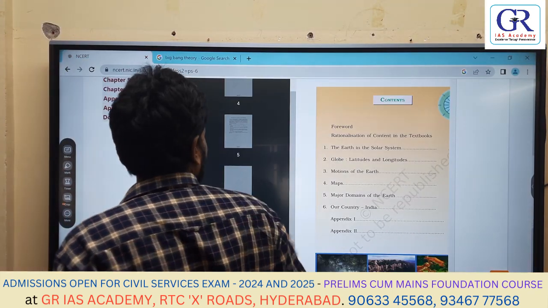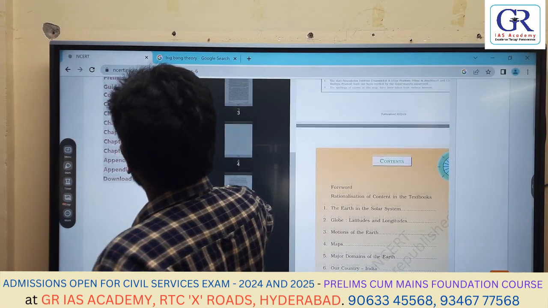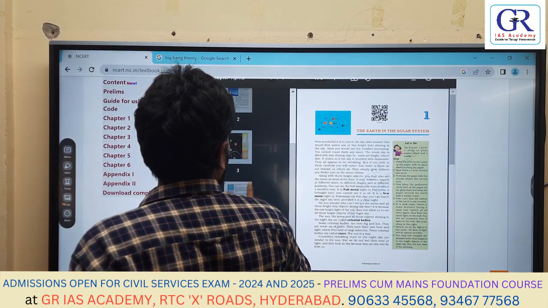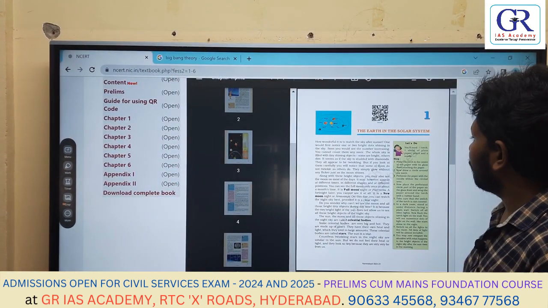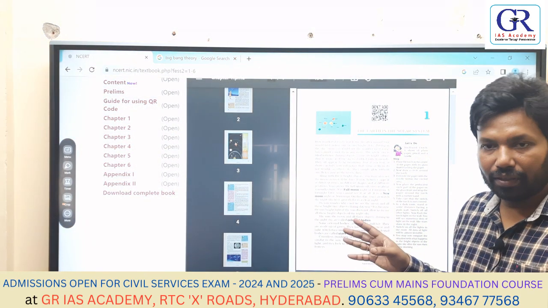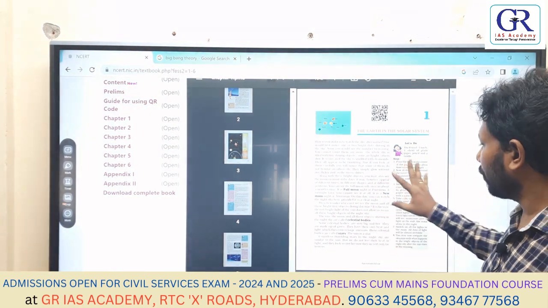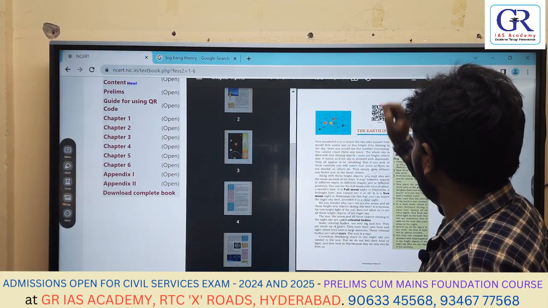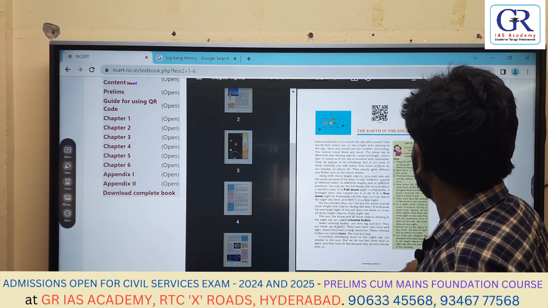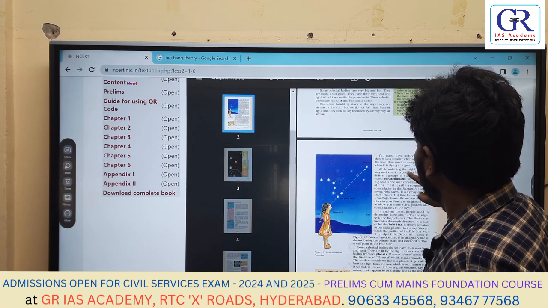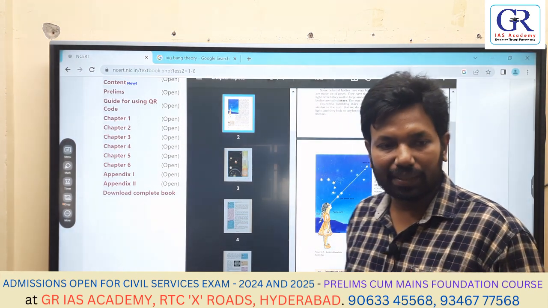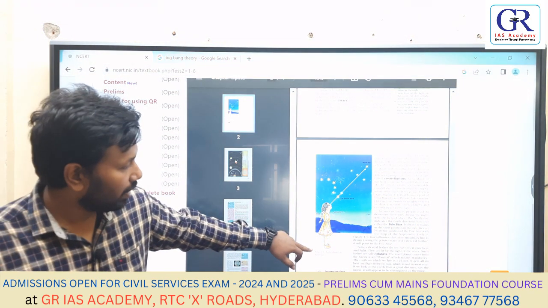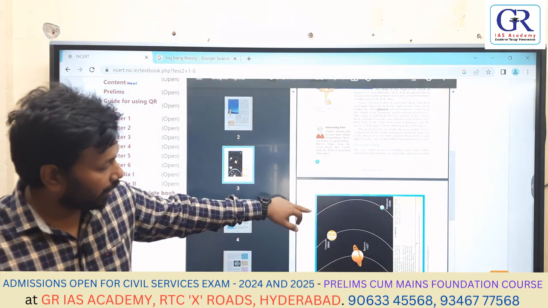in outer space, Earth in the solar system. Look at this. As I said, it's preferable for you to purchase a book, but I am showing you here. What to read, what not to read also I tell you. Here, a picture of the solar system has been shown. We have celestial bodies. You can see the North Star, or called the pole star, which is always physically in the north direction. I'll give you a detailed explanation, but I want to tell you what is there in the NCERT.